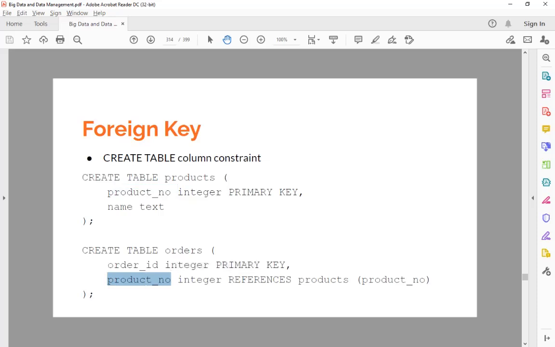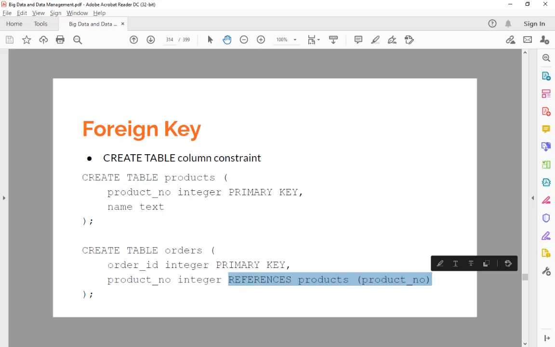Apparently, when I define this orders table, I already know that I will join the products table on this product number. So I define a foreign key, which is, this is the syntax, references products product number,